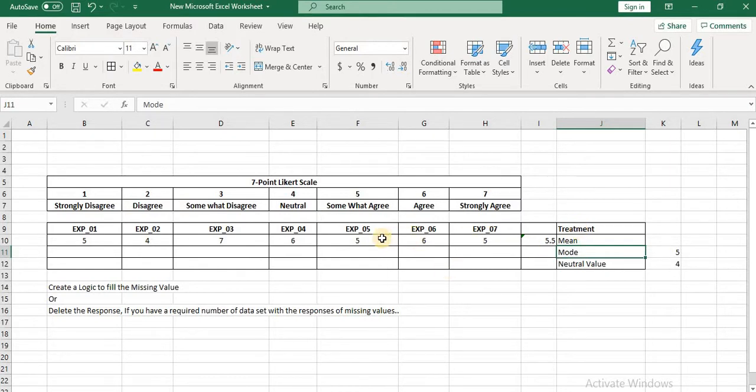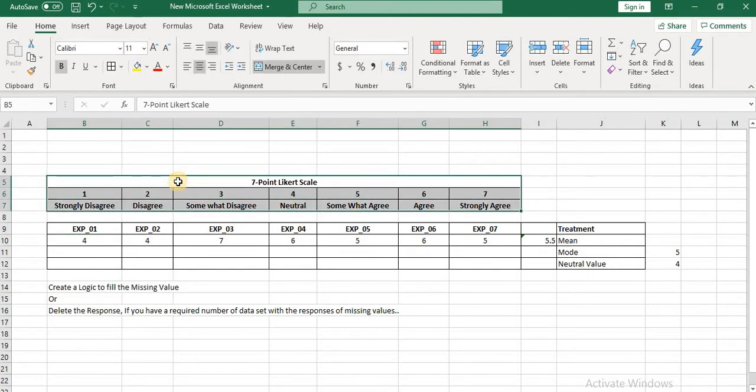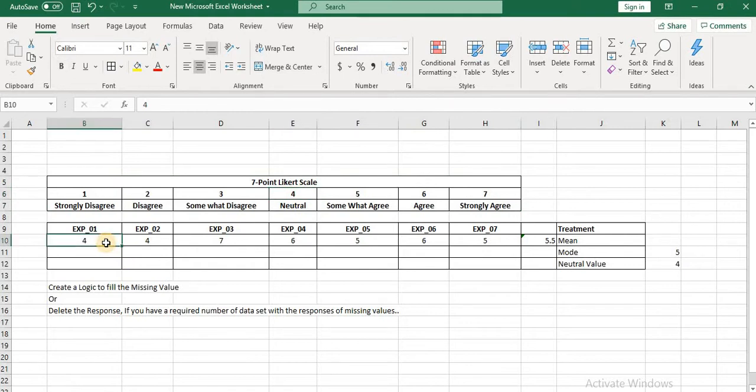What response comes the highest number of times, you can mark that response in place of the missing value. And the fourth, which is more acceptable to the examiners as well, is the neutral value. Where there is a missing value, you can mark the neutral value. This is actually a 7-point Likert scale which was used for this data set, and 4 is a neutral value, so you can mark 4 as a neutral value.